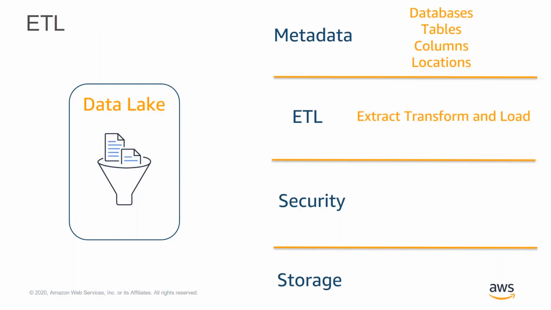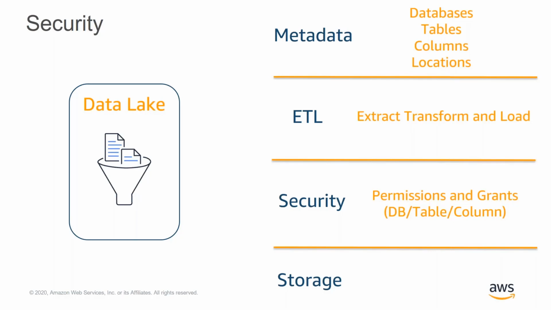The ETL portion is the extract, transform, and load. That's the mechanism that pulls the data out of the source location and writes it off to its long-term persistent storage location inside the data lake. The security element is basically what gives permissions and the permissions to grant other people permissions. And generally, you're giving those permissions and grants at the database, table, or column level, right? And we'll talk a little bit more about security at the end. And then finally, storage is that cost-effective, long-term, persistent store where your data lives and gets updated in place, and is ideally the most cost-effective way, which is S3,